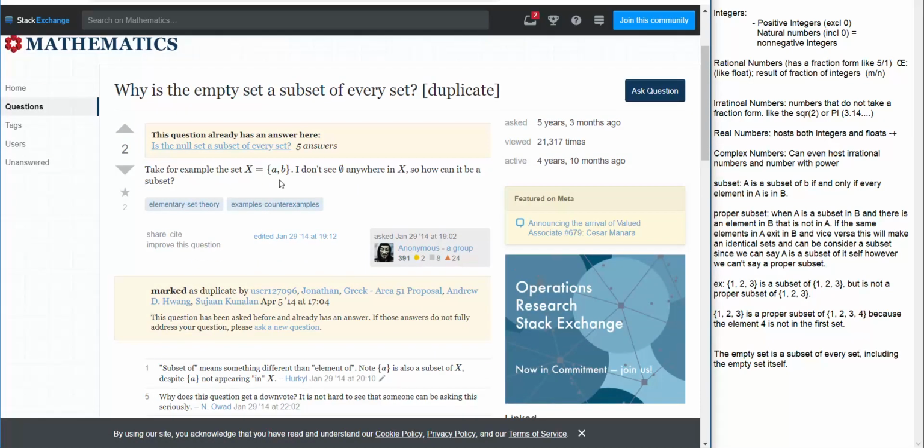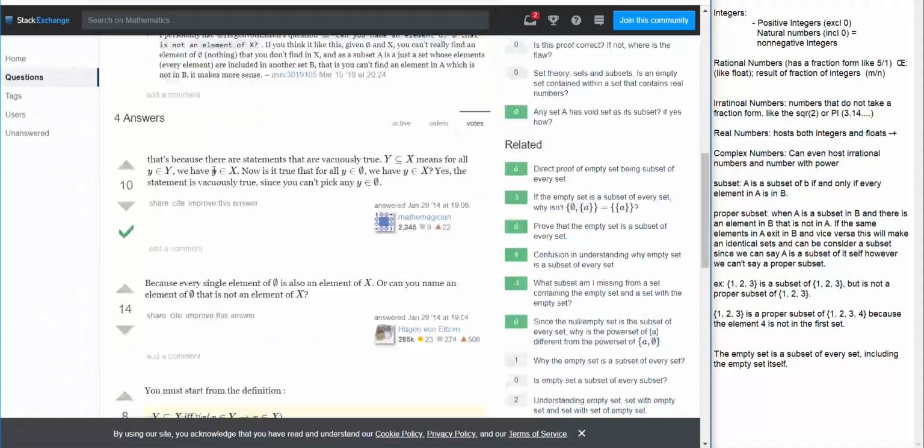Say, for example, the sets X and B. I don't see anything in X. So this is basically similar to our question. That's because there are statements that are vacuously true. It means for all Y, we have Y. Now, is it true that for all Y